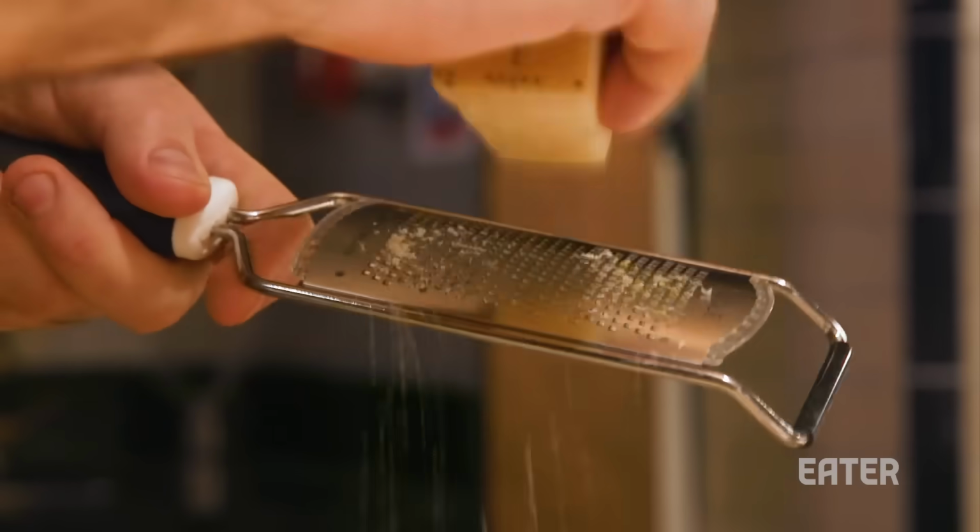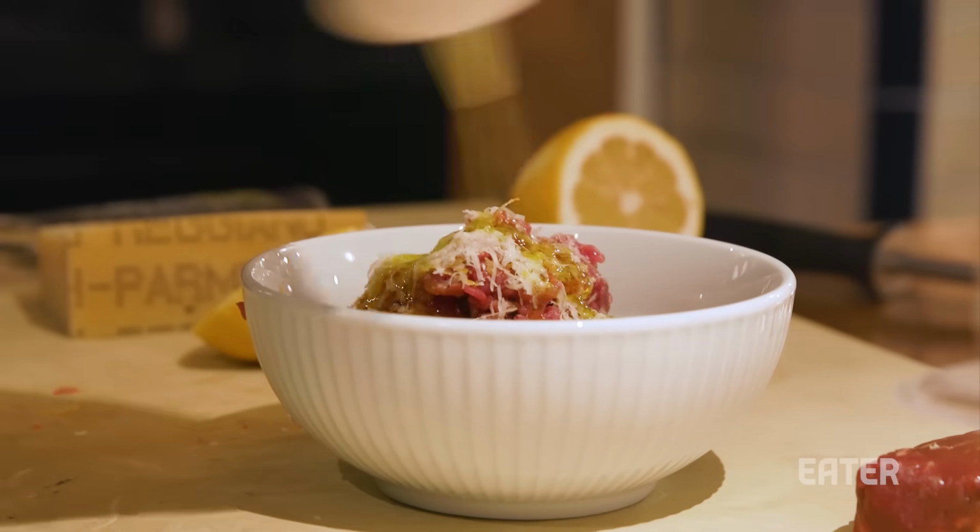Put in there, not a huge amount, bit of lemon juice, extra virgin olive oil. I mean, this is based on